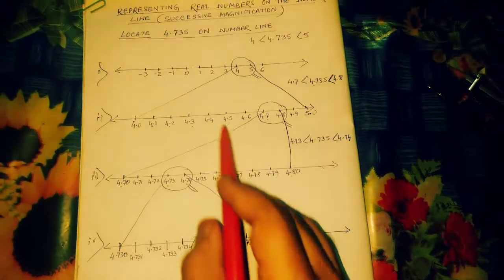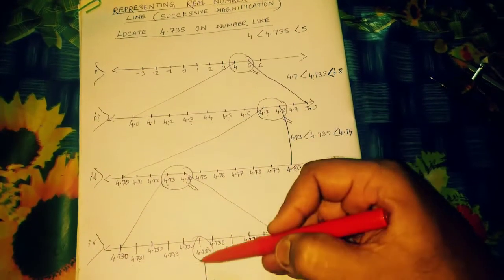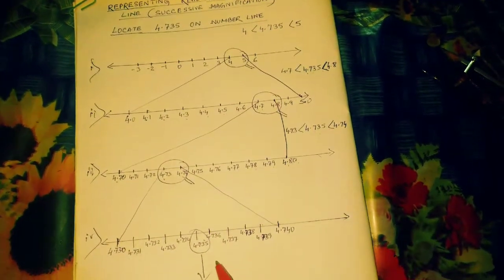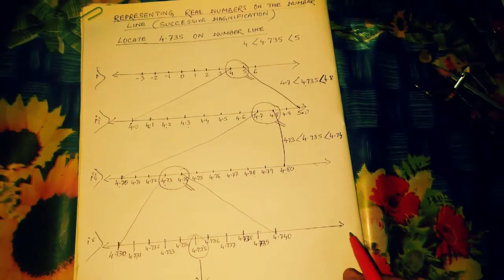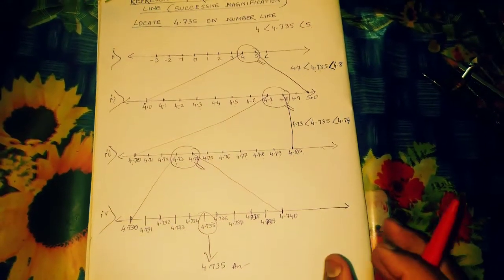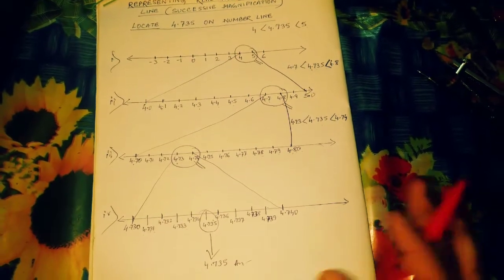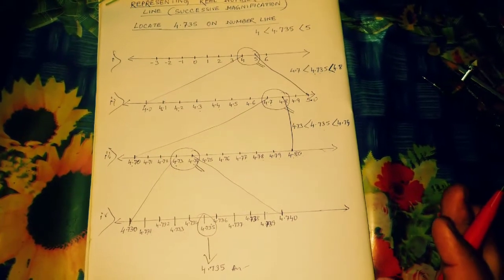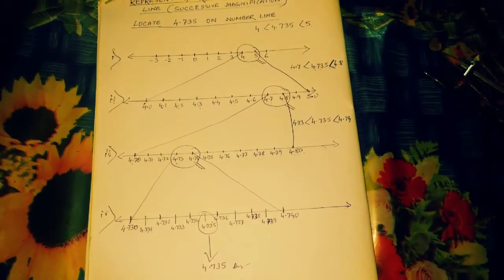So if after the decimal 3 places are given, and if 4 decimal places are given, then again one more successive magnification will be taken, and then one more step will be included over here, that is the 5th step. Clear, student? So this way we will draw by successive magnification any numbers till 3 decimal places, 4 decimal places, 5 decimal places by using this magnification method. Clear, student? Okay, thank you all of you.